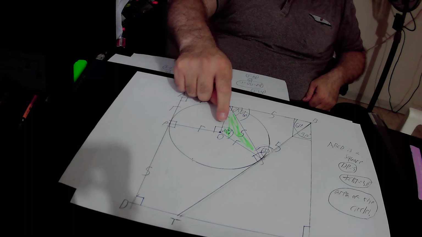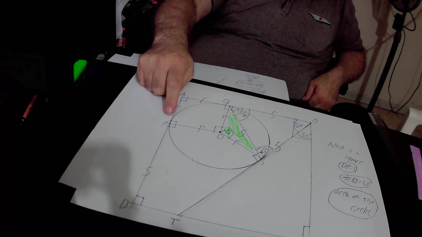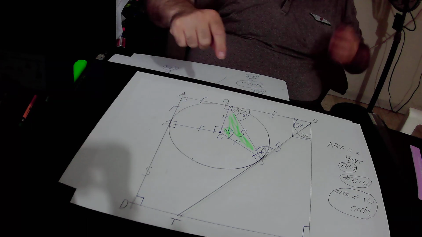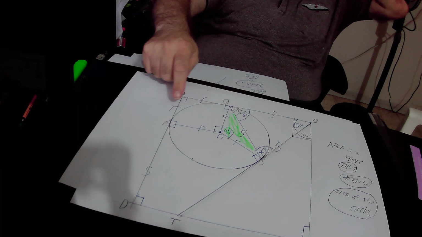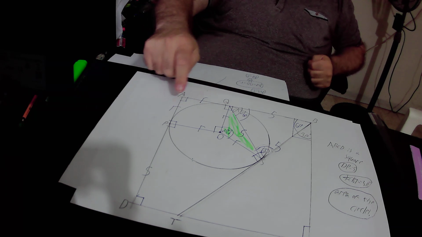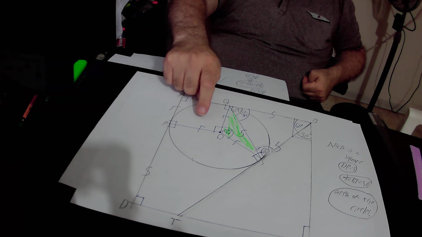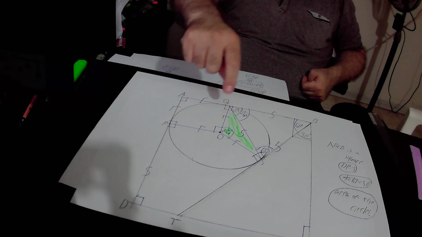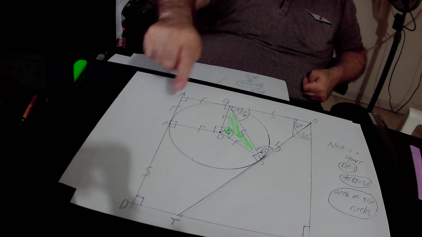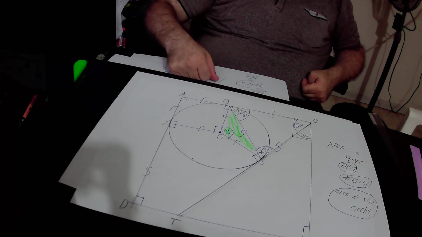We join points O and P together by a straight line. Point O is the center of the circle. Point P is a point on the circle itself, therefore OP is the radius of the circle that we defined as R. We have the radius OP that is drawn to the point of tangency, therefore